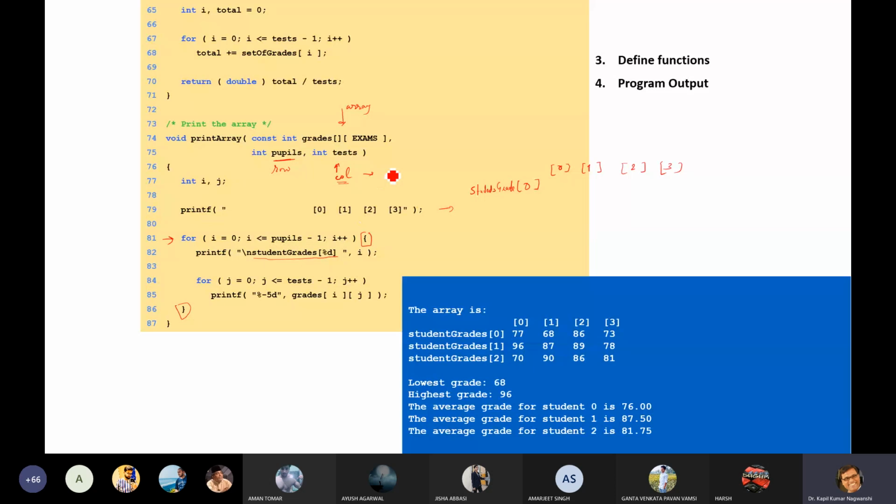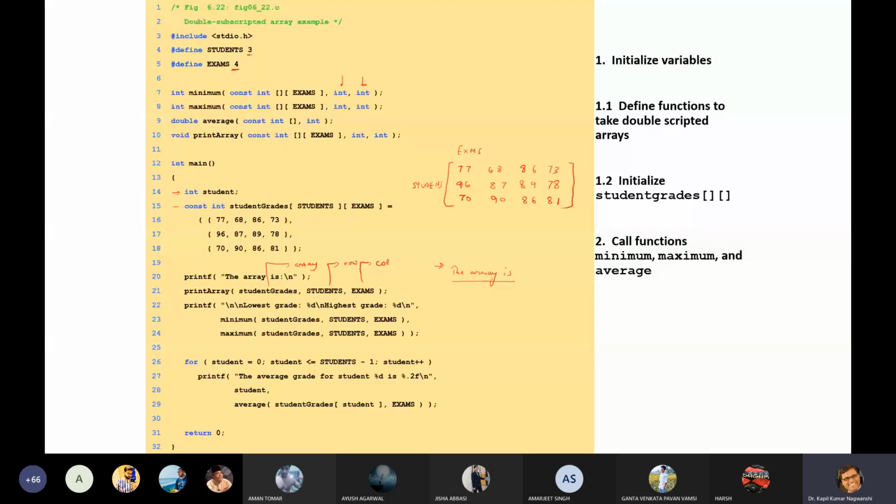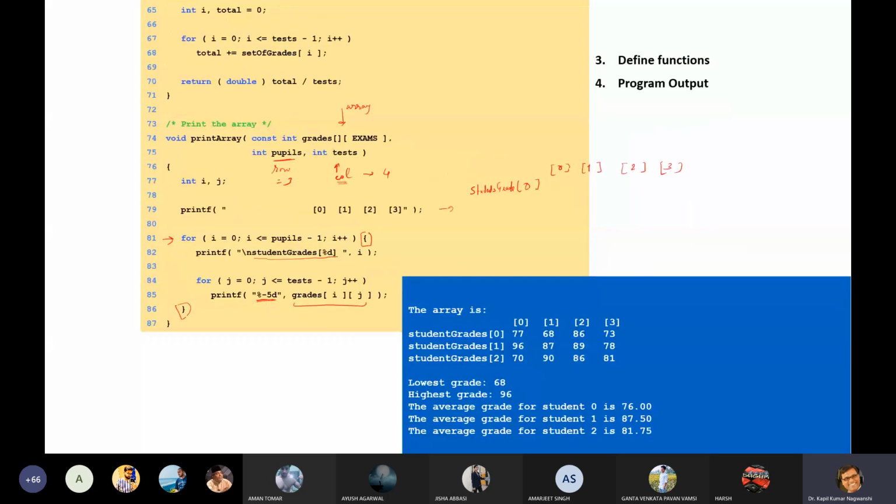So how many columns are there? 4 columns. And how many rows are there? 3. So it will run the first iteration. This is our row number 0, and now it is running for columns. Due to this spacing, it will start from the left. Fine. So it will write the grade i and j. In the previous matrix, what is written? 0 and 0 is 77.